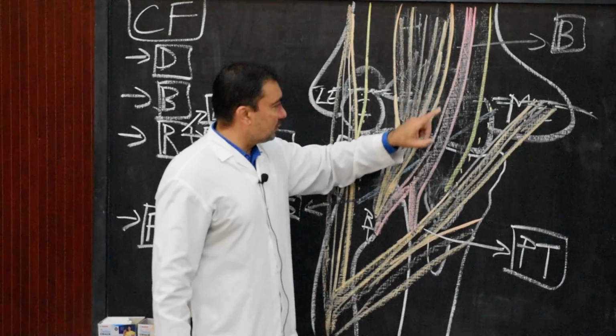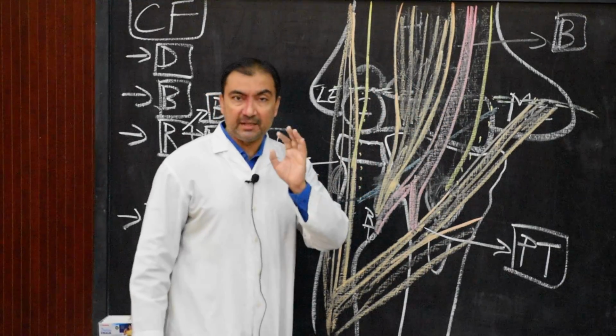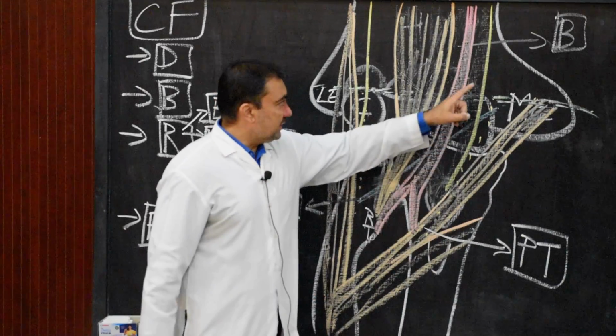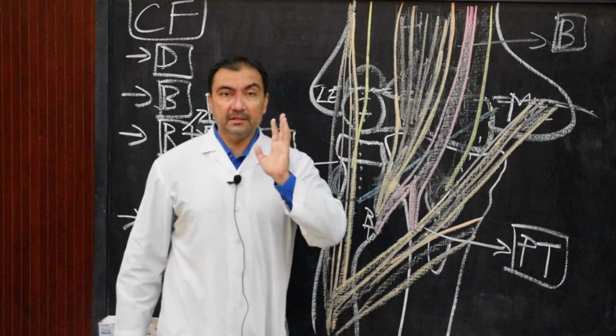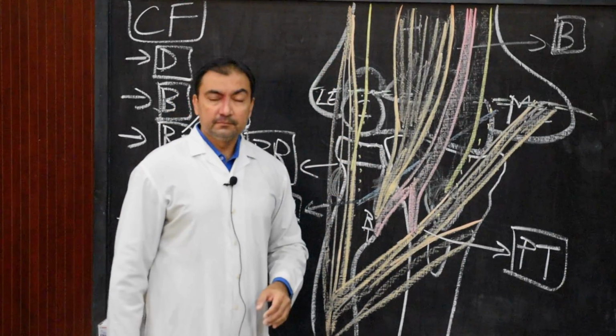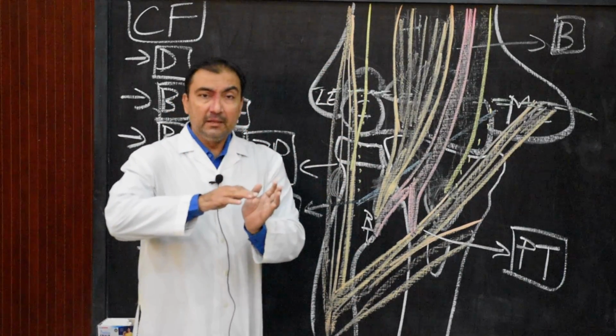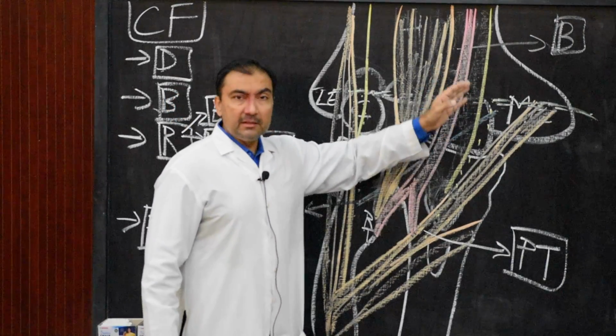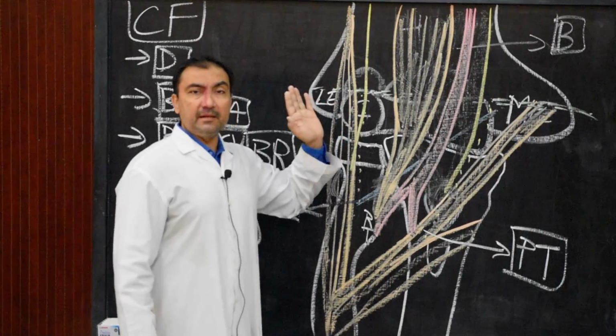The brachial artery will always be medial to the biceps tendon. The medialmost structure is always the median nerve. The lateralmost structure is always the radial nerve. So please learn this by heart, from medial to lateral side. Very easy, not at all complicated. Median nerve, brachial artery, biceps tendon, and radial nerve.